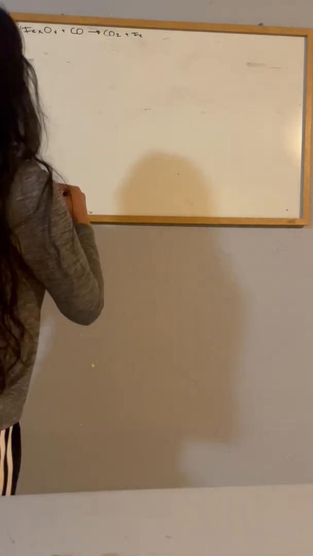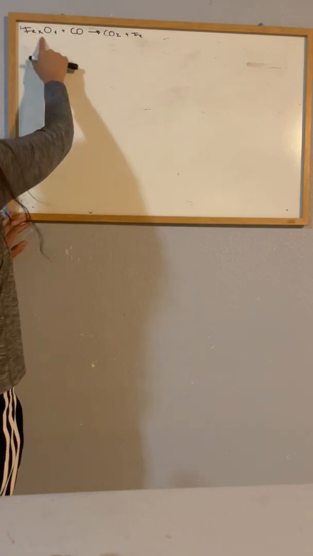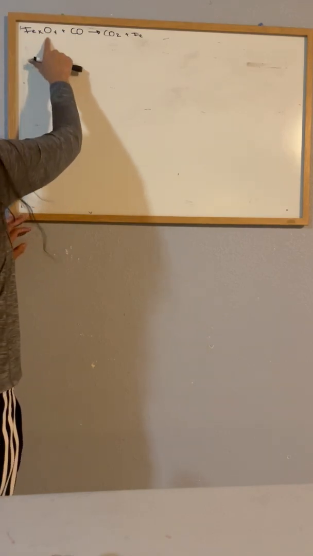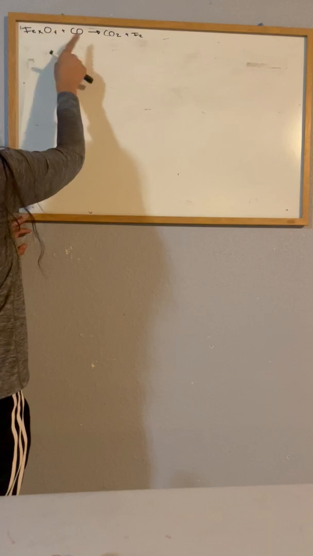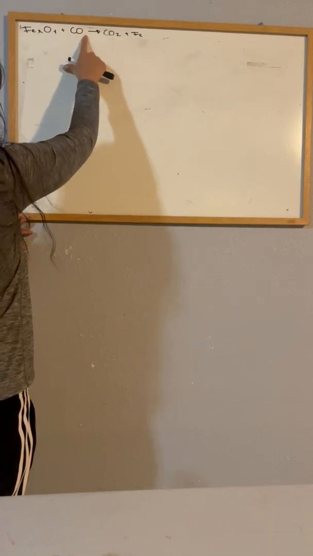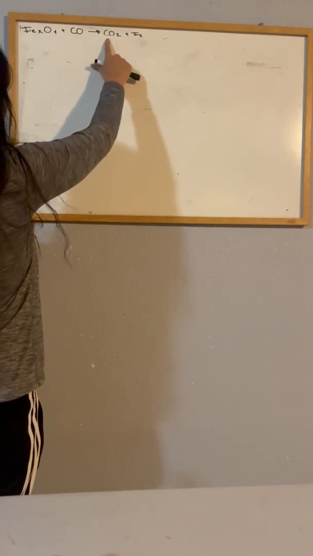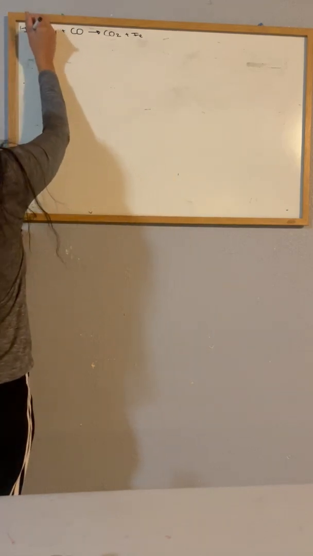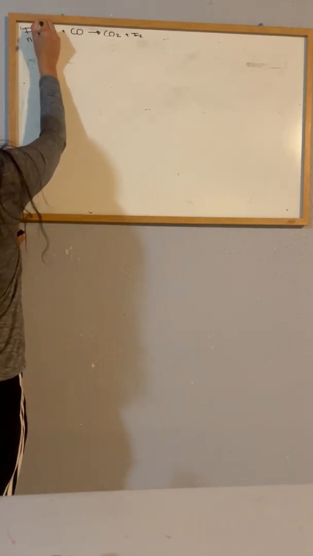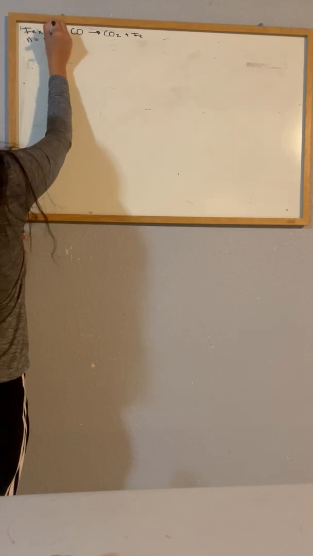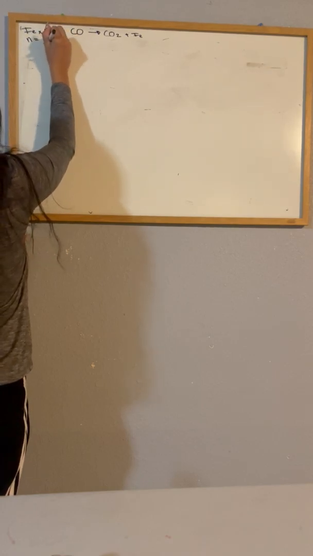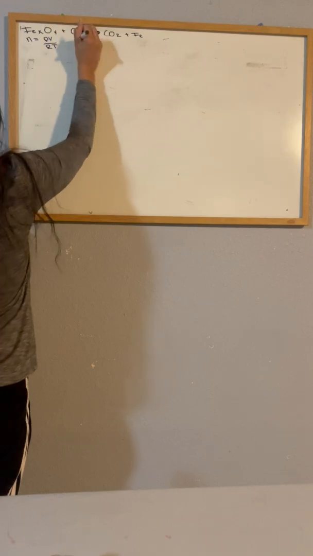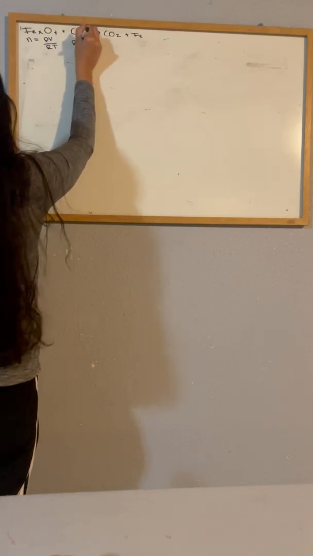So the first thing we want to do is set up your equation. We have iron, X, we don't know how much we have, oxygen, Y, so we don't know how much we have, plus CO, yields CO2 plus iron. Now the gas law we're going to use is n equals PV over RT, where R is our constant of